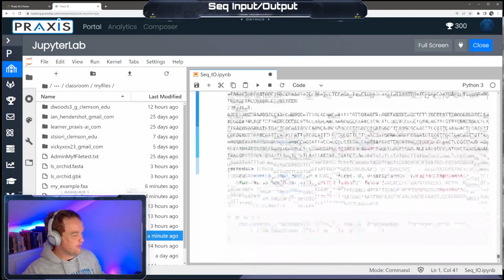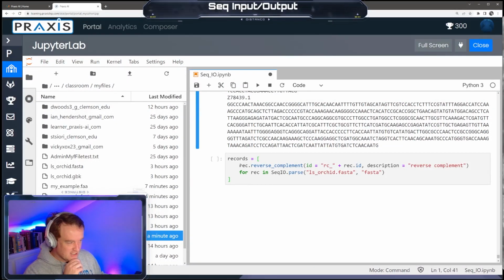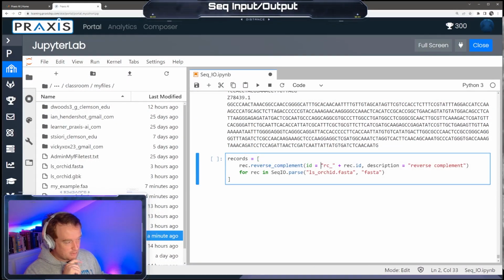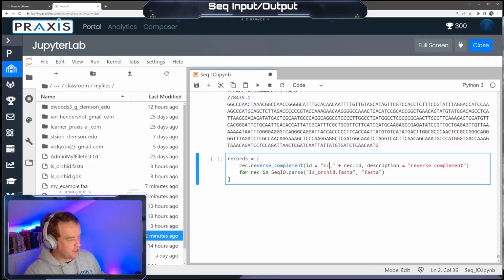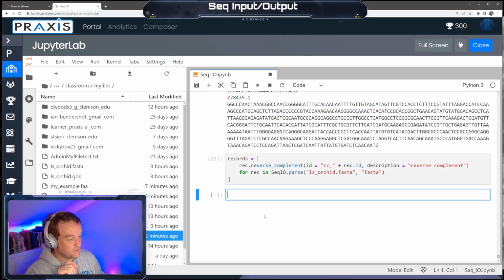So what we're going to do is annotate, right? What this code does is it says, okay, take the reverse complement, add RC before the name of each of these IDs, standing for reverse complement, obviously. Add a description that says reverse complement, and do that for every ID in this file. So now if we print record,